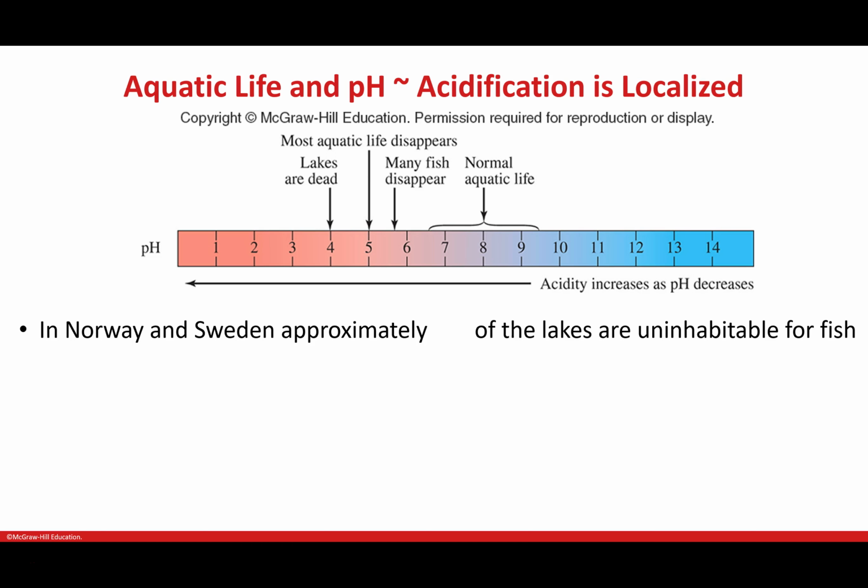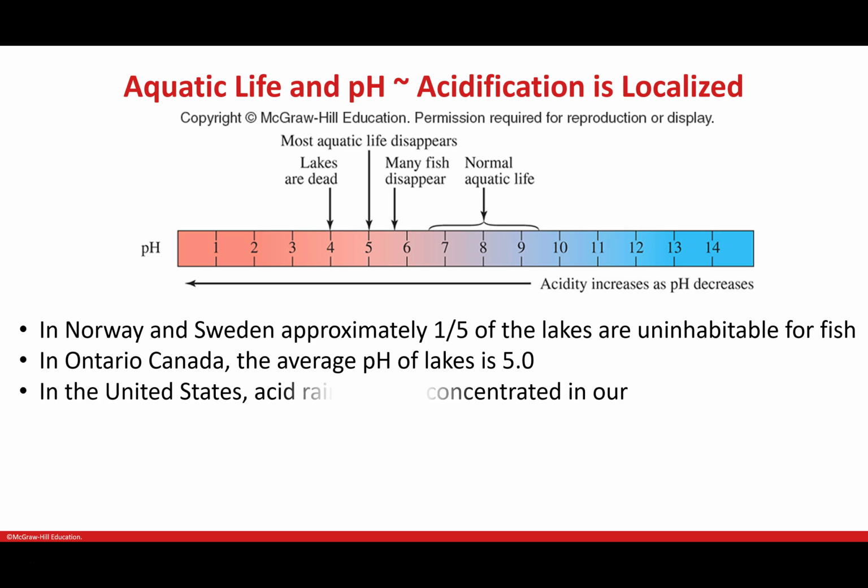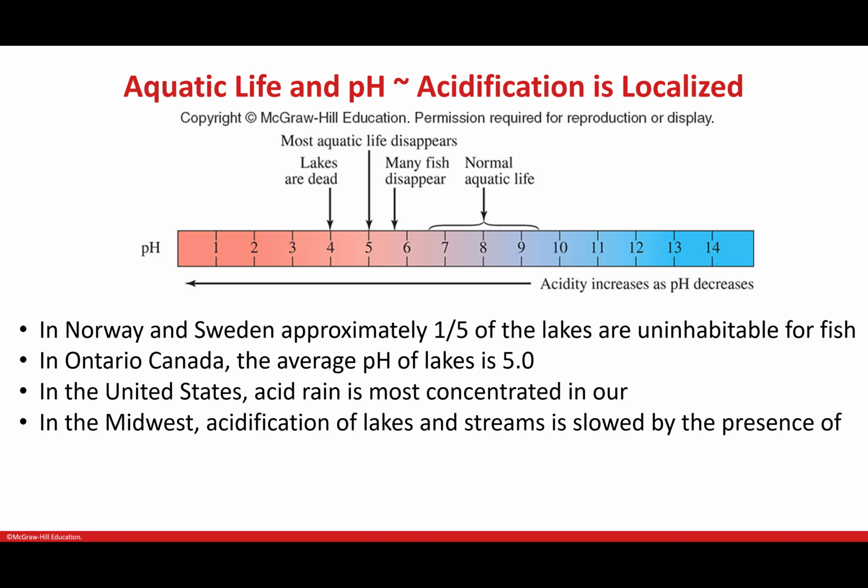in other countries that have been affected by carbon dioxide acidifying their lakes, the problem with lakes is that they are isolated versus an ocean. So about 1/5 of the lakes in Norway and Sweden are zilch, uninhabitable for fish. Ontario, Canada, the pH of their lakes is pushing 5. So, and in the United States,